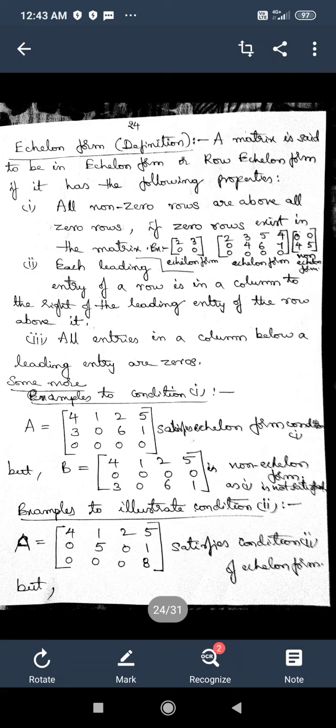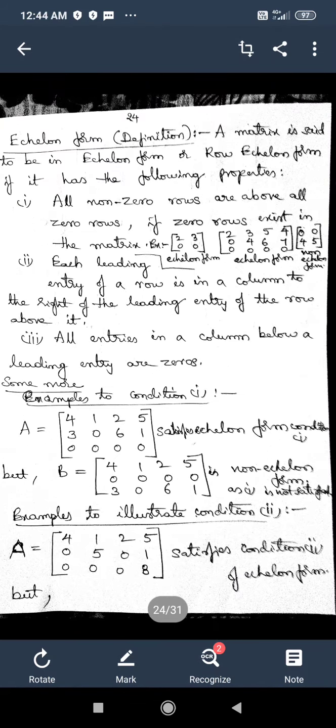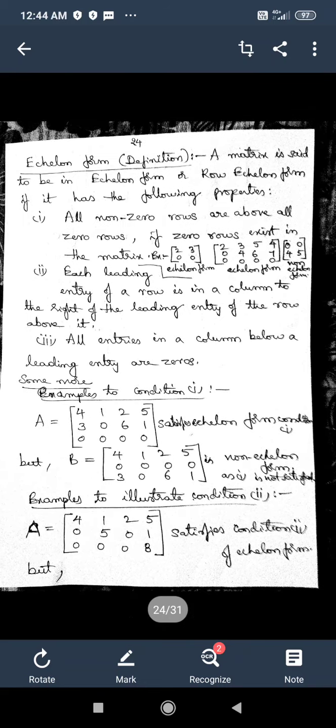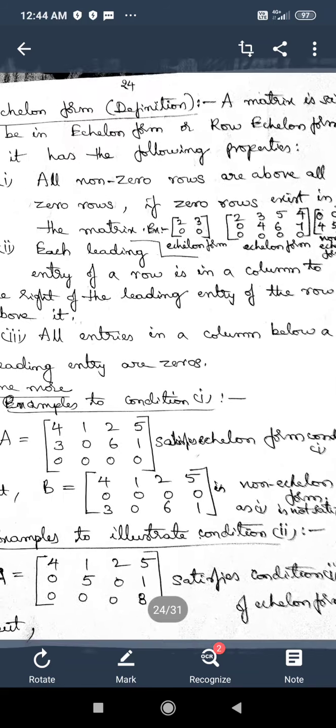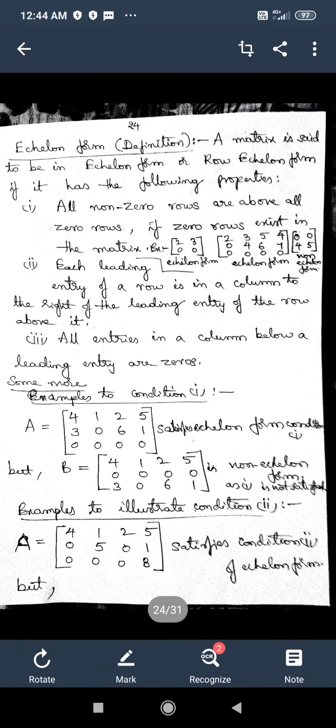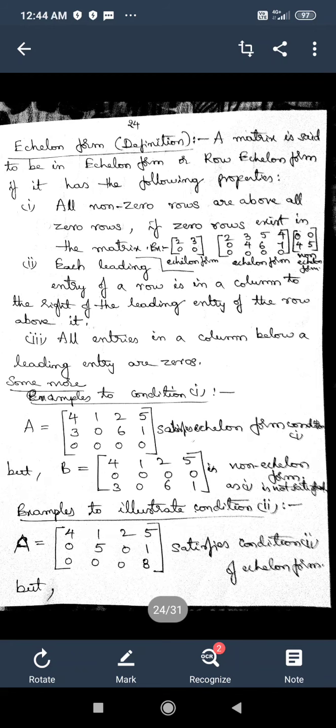Children, in the last few classes, in the last 4 classes, we have gone through some prerequisites that we need to learn the topic linear algebra. And we are left with 3 or 4 prerequisites to complete the total prerequisites that we'll need. So today we will complete all of them.